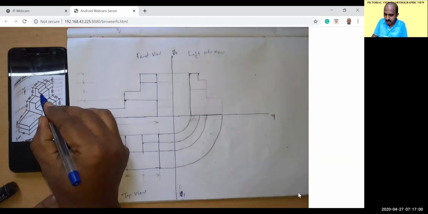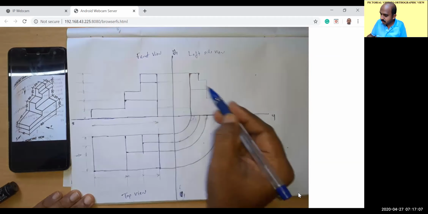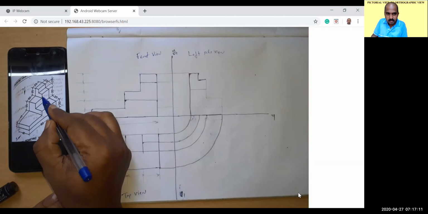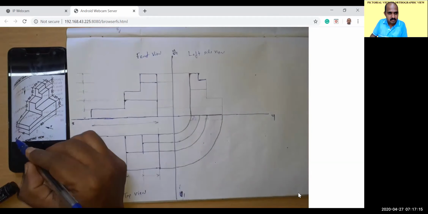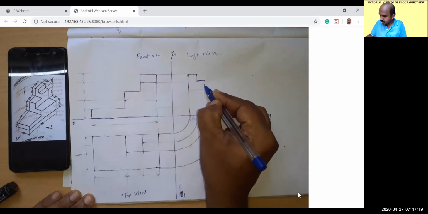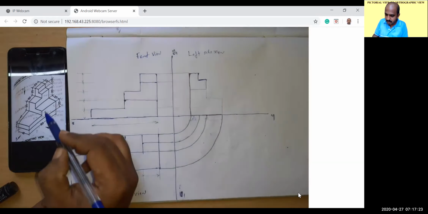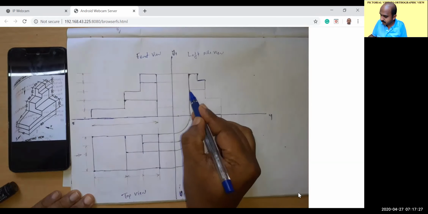And what about this again bit? This total is equal to 20. So this again is equal to 10. Now what you are seeing, this height. You are looking in this direction. Okay, this height. So here is another step. Another step. Okay. Then you can see this. So that you will represent here.